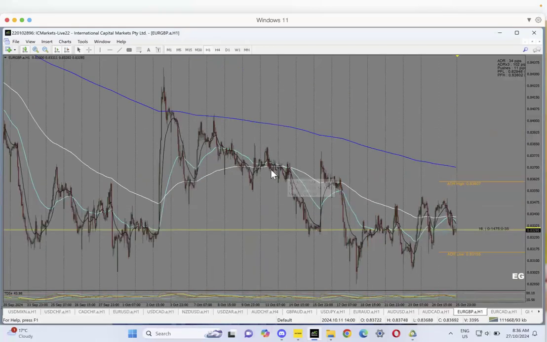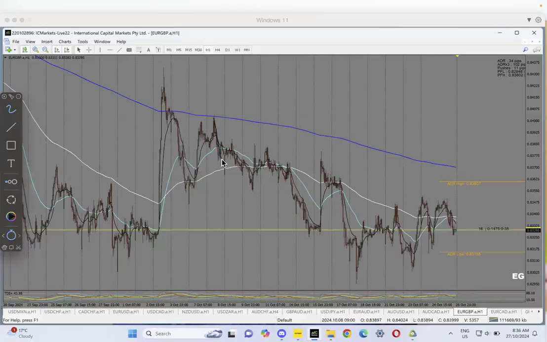I did count its levels. First time when I counted its levels, I was like, all right, there's a probability this is 1, this is 2, and then this is 3. And then later on, I said, okay, what if this is the neckline? And because of news this day, they spoiled the whole move. So there's a probability this is actually 1, and this is 2, and this is 3.